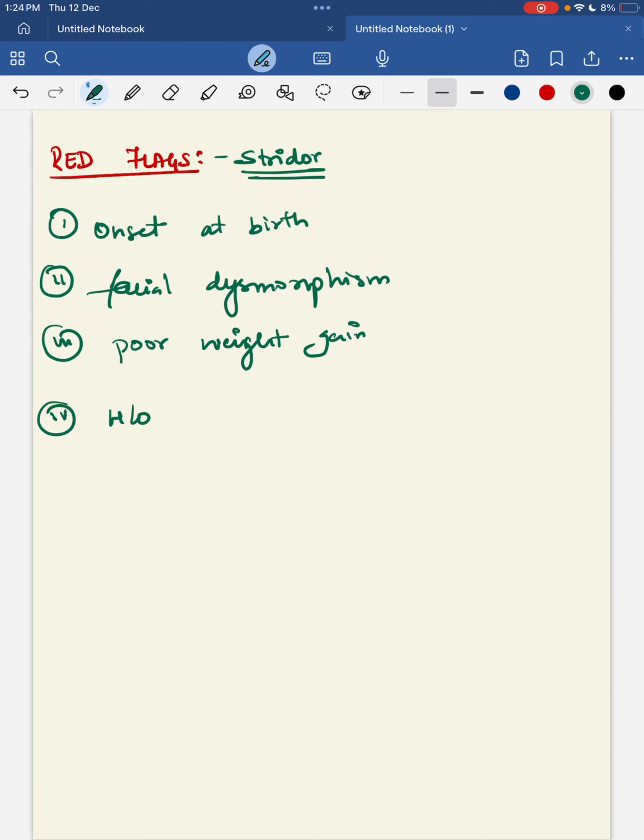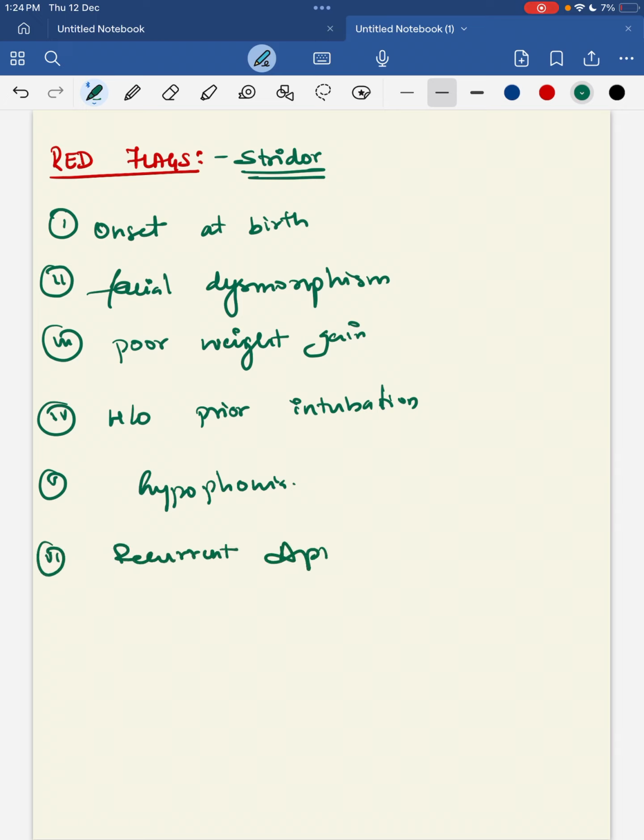So what are the additional investigations that can be provided to this child? One is your chest x-ray. In a child with croup, you will be seeing a steeple sign. The steeple sign will indicate edema or obstruction of your subglottic region. Okay, that is in croup. Second one will be your